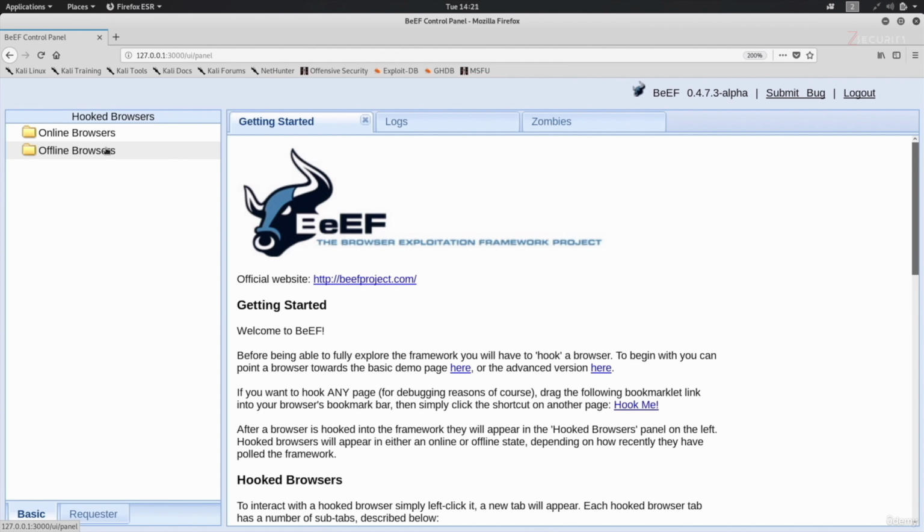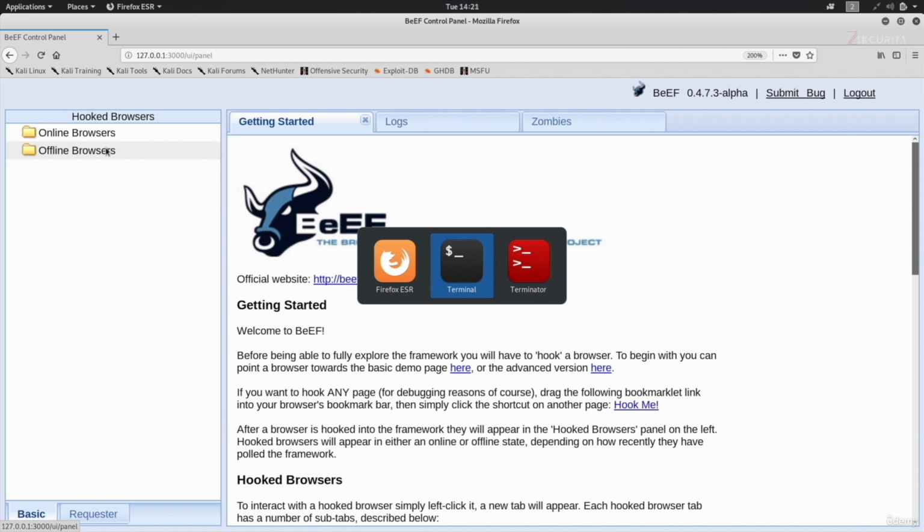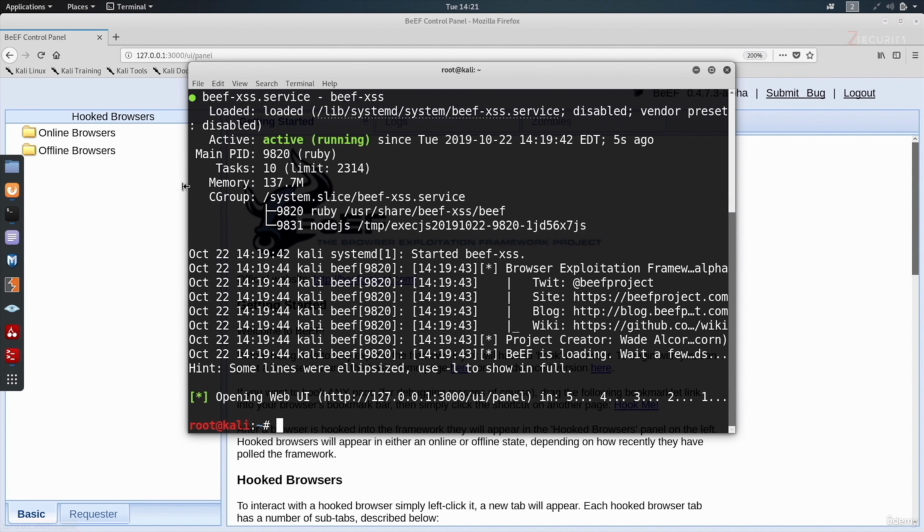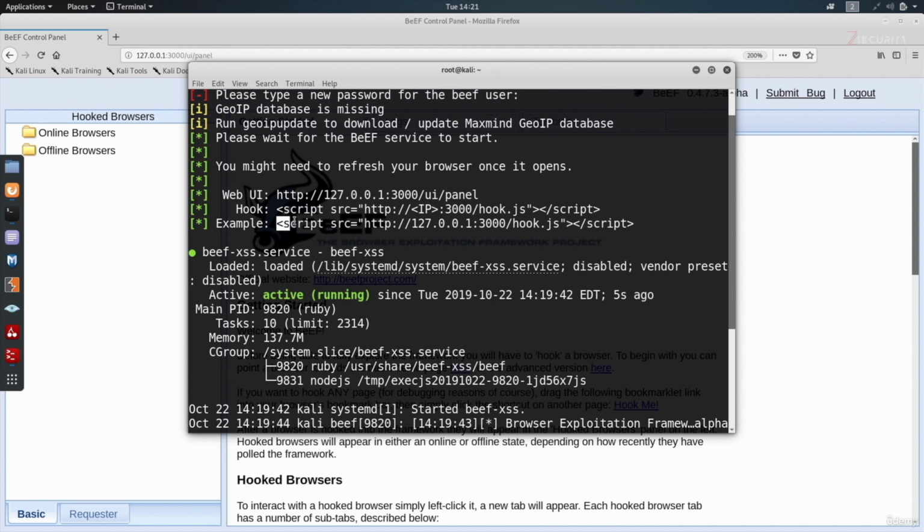Now, in order to hook a browser to BeEF and be able to control it and run commands on it, you have to get that browser to execute a specific JavaScript code. So if we go back to the terminal window here that started BeEF for us and just scroll up, you'll see that it's given us the JavaScript code that we need to use to hook browsers to BeEF. As soon as this piece of code gets executed on a web browser, you will see that web browser here in the online browsers, and you'll be able to execute a lot of really cool commands that will allow you to show fake login pages, it will allow you to show fake updates, and even gain full control over the